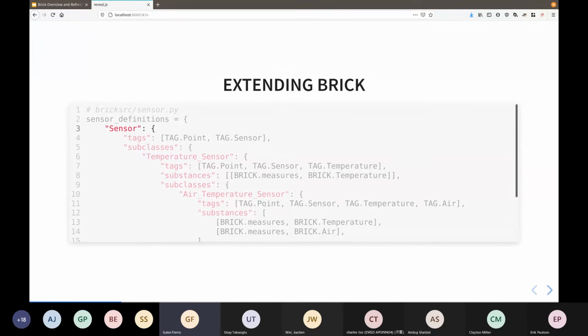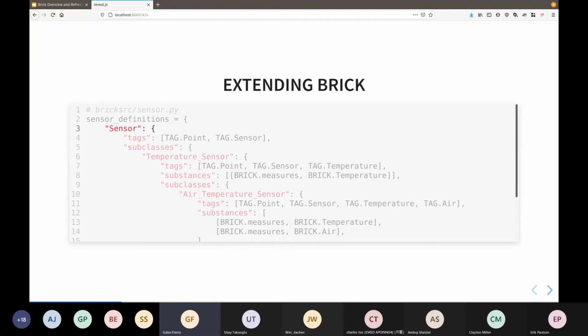So if we want to extend Brick, I thought I had a slide before that. I think it probably comes later. Okay, so inside the Brick source folder, there's a set of files that define different parts of the Brick ontology. So this is the part of the file that defines sensors.